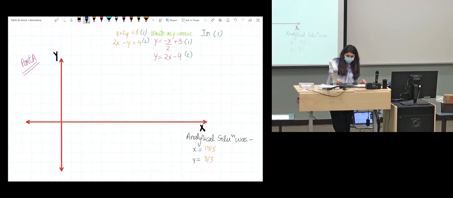So in 1, how you would get points is, let's say you put in the equation 1, put x equals 0 and x equals 6. So then you would get y equals 3, and when you put x equals 6 in 1,